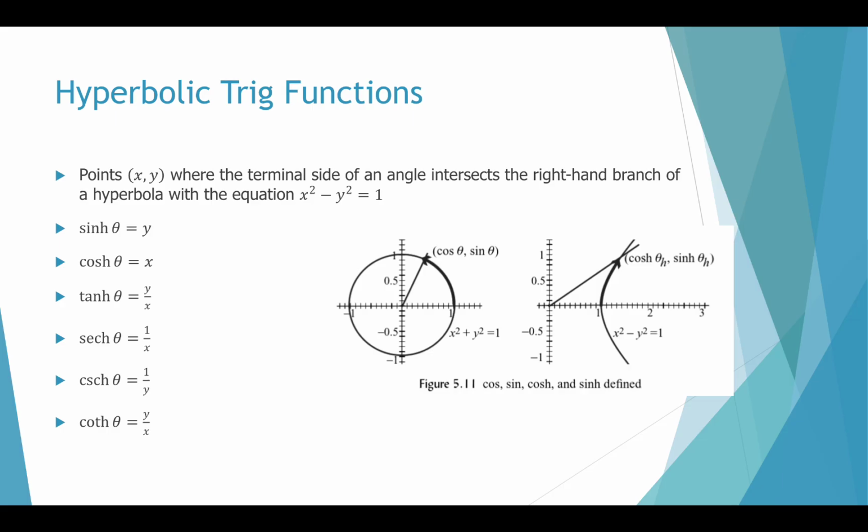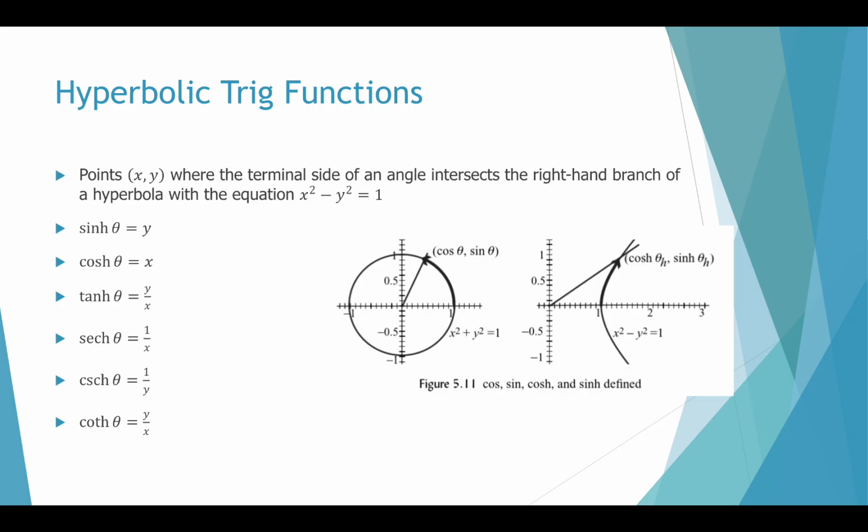In which case we would use the equation x squared minus y squared is equal to 1. And we would have sine of theta, which would be equal to y, cos of theta, which would be equal to x, tan, which is y over x, right? So it's sine over cos. And then we have